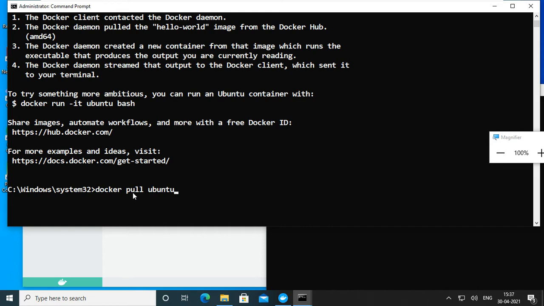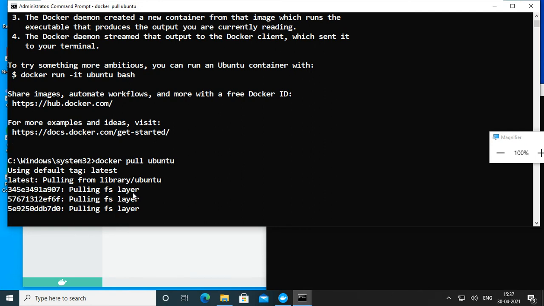Whatever is labeled with the tag latest, it will load that image. The tag is latest. You can specify Ubuntu 8, Ubuntu 7, Ubuntu 10. Now just docker pulling Ubuntu, just downloading the image only.